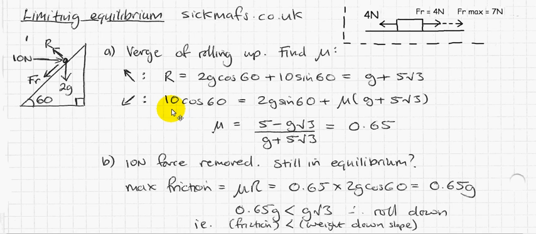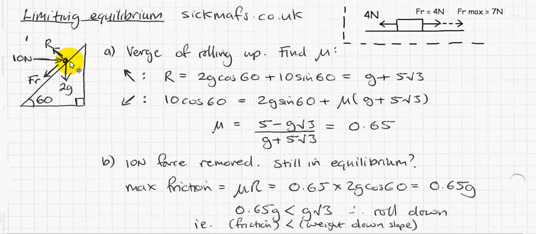Well, we've got only one force going up the slope, which is, since we got 60 here, as we mentioned a short while ago, the component of the force going up the slope. Basically you have to go through the angle. 10 newtons going through the angle gets you to cos 60, because through the angle means cos. So 10 cos 60 is going up the slope, which balances with 2g